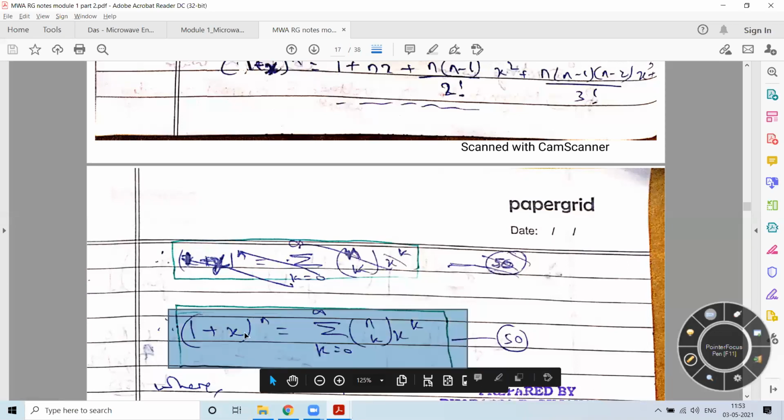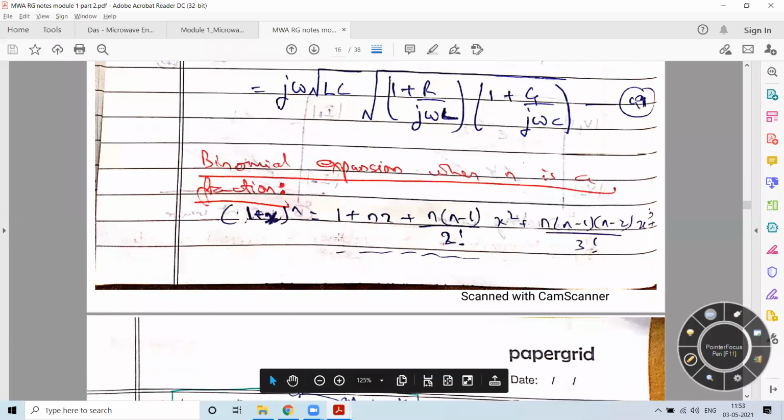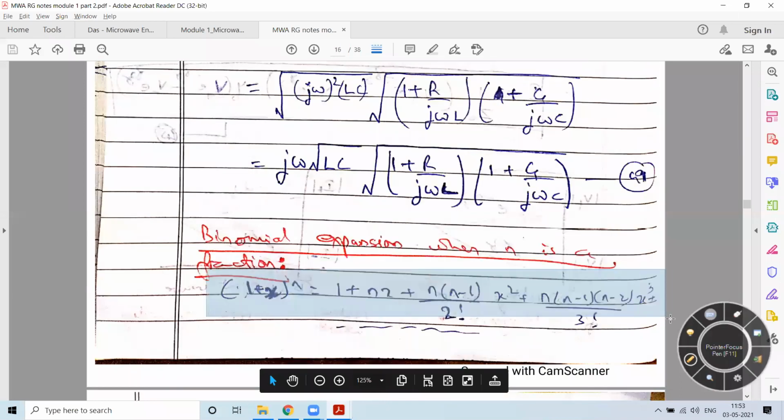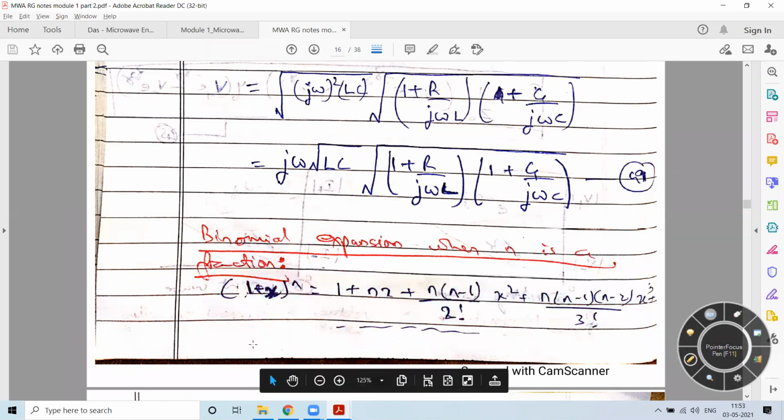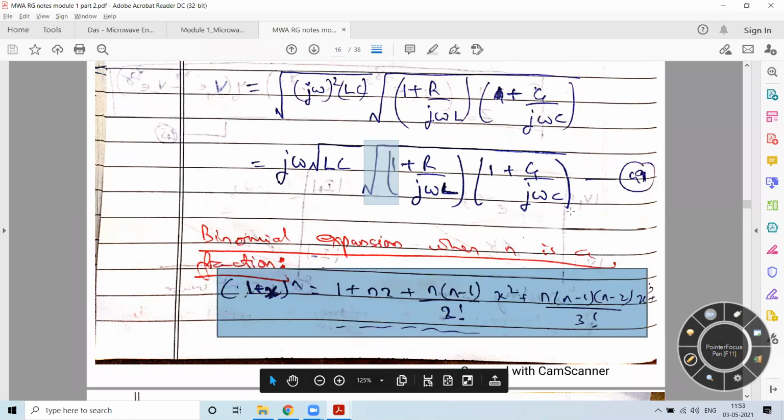So please omit the earlier form at present. That one will be utilized if I have n specifically as an integer, because we cannot have half C k. So we cannot have that definition. Instead of that, we'll be considering it in this form: (1 plus x) raised to n is equal to 1 plus n into x plus n into (n minus 1) divided by 2 factorial into x raised to 2 and so on. So this is how we'll utilize this expansion for this parameter.